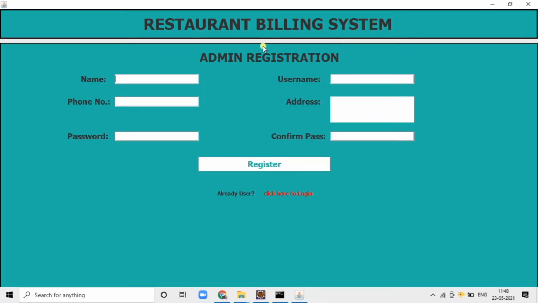So this is our registration frame. Here all the fields present in the frame are validated. That means we can't leave any fields blank. So let's enter details.